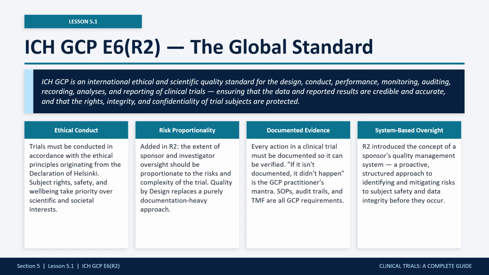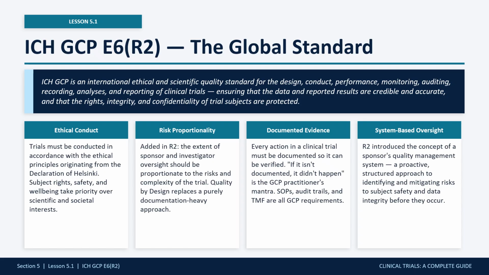The first is ethical conduct. Participant welfare always takes priority. The second, added in R2, is risk proportionality. Sponsors are expected to implement oversight that is scaled to the complexity and risk of the specific trial. A small Phase 1 healthy volunteer study does not need the same oversight infrastructure as a global Phase 3 mortality trial. This principle, quality by design, represents a philosophical shift away from documentation for its own sake toward a more